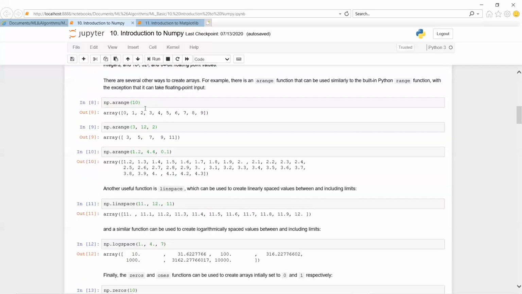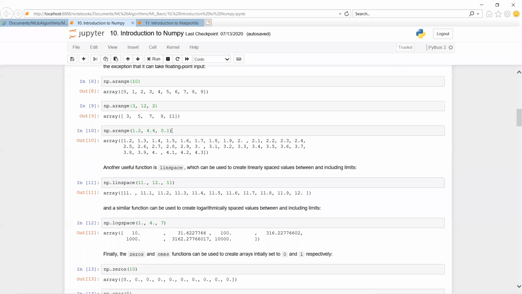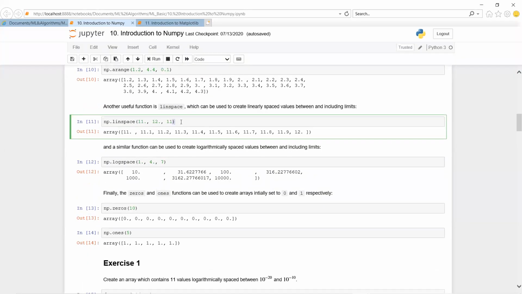Next, we are going to print from 3 to 12 with an interval of 2, so 3, 5, 7, 9, 11 it is going to print. Similarly, 1.2 to 4.4 we have to print with an interval of 0.1. It is also a similar function.